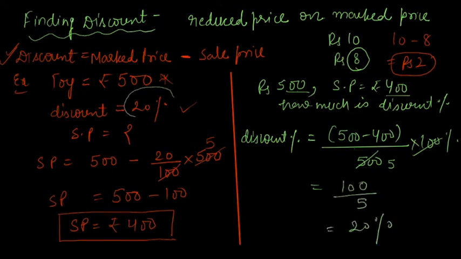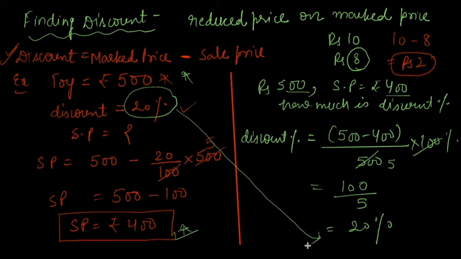So you can relate it. Here the discount was 20%, and you got the value as 400. When I use these two values to calculate the discount, my discount comes out as 20%. So in these questions, it is very important that we understand the statements clearly, because the questions will come in any form. So concept clarity is very important.